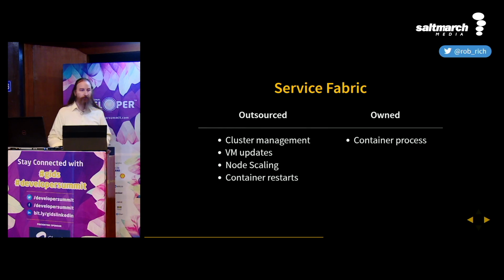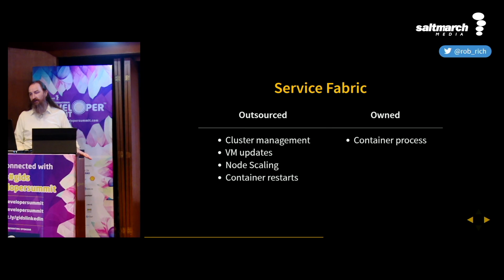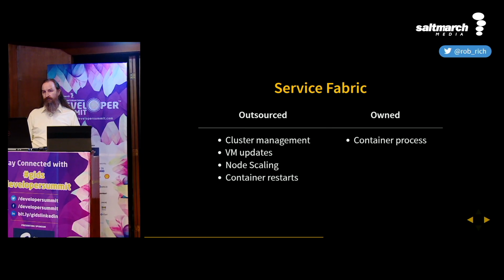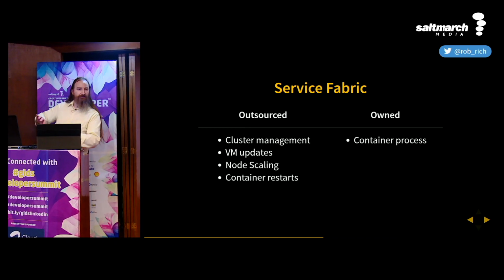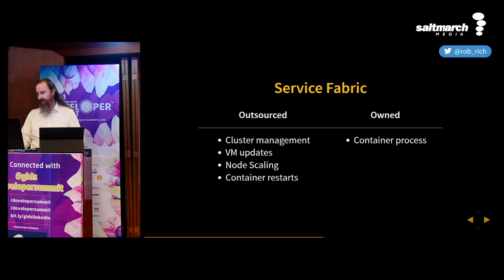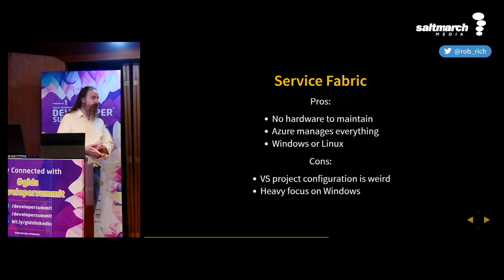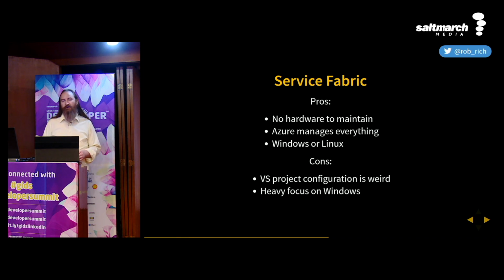On the upside, we outsourced all of the cluster management, all of the patching, all of the scaling. All of that is owned by Service Fabric. And the only thing we need to own then is the process running in the container. That's cool. All of those other details are handled by Azure. I like this one if you have more of a Windows tint to you, or you're running legacy workloads, or if you just don't want to deal with any container orchestrator stuff. If Amazon Fargate looked really appealing, then Azure Service Fabric might be a good fit too.